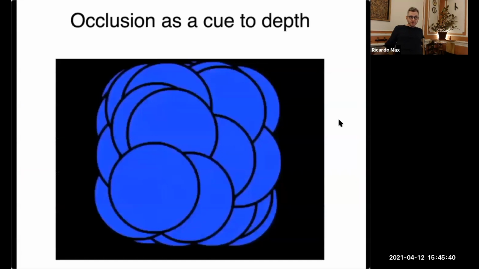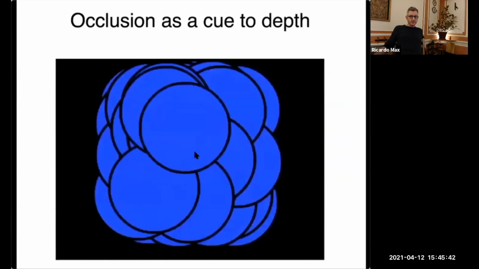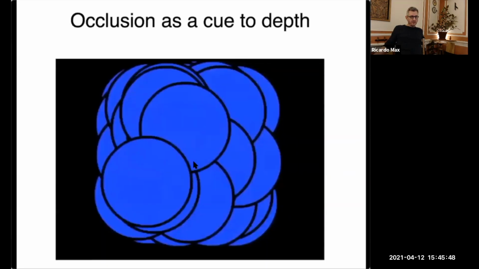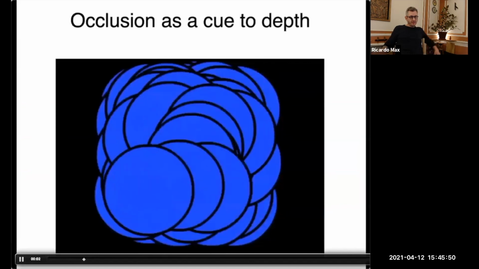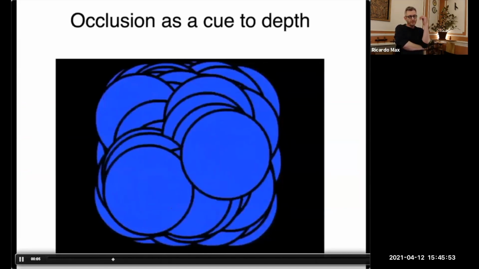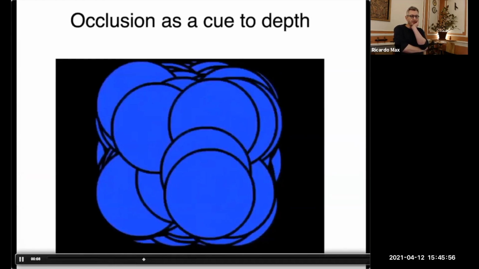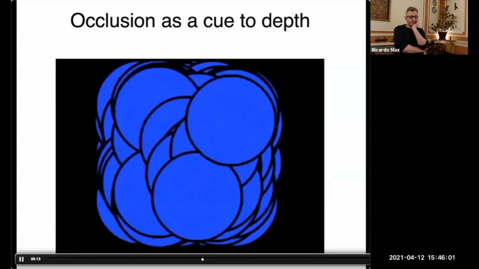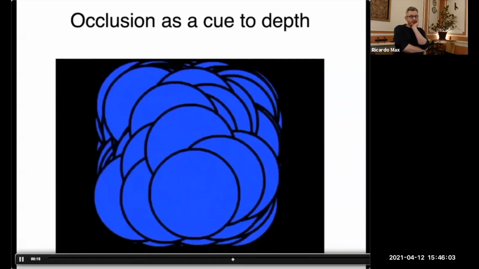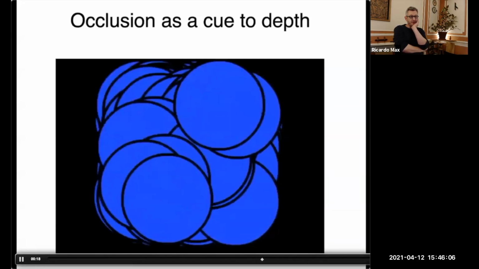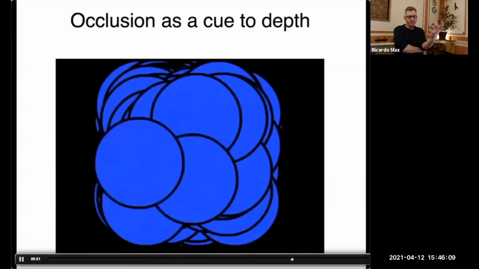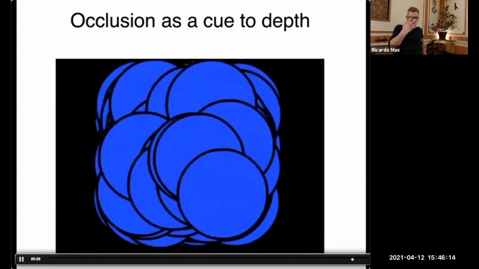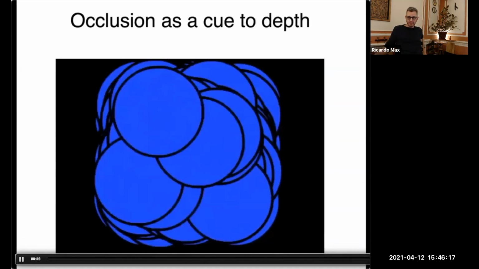Shadows and familiar size. I'll go one by one. Now, occlusion, the first one. Look. This is occlusion. Whenever something occludes, we feel that it's closer. So here, even though the circle is the same size, we feel that it's getting closer to us, right? So that's the first example where we interpret wrongly. We must interpret something, and look how strong the occlusion cue is. We have the impression, the feeling that it's coming towards us.